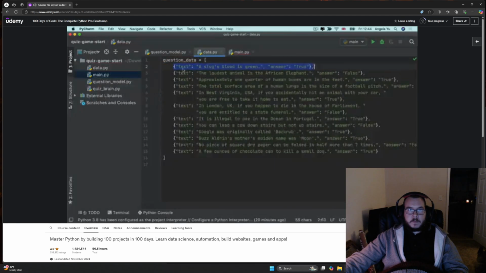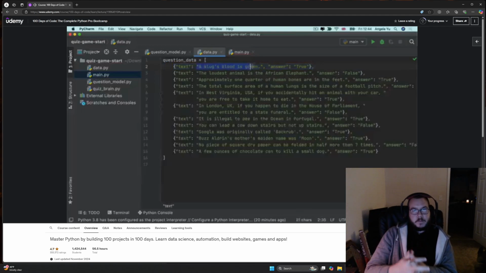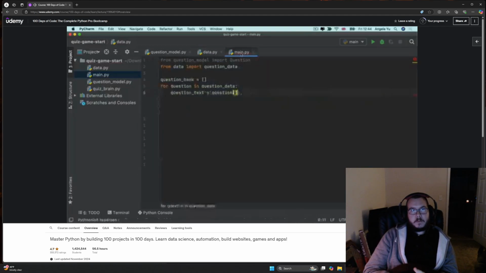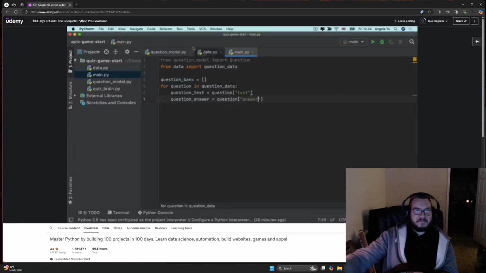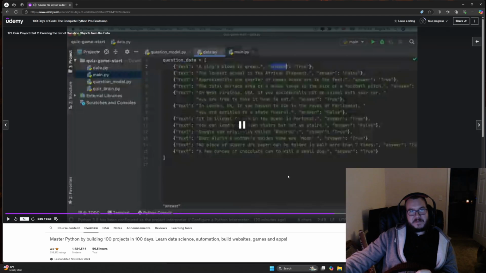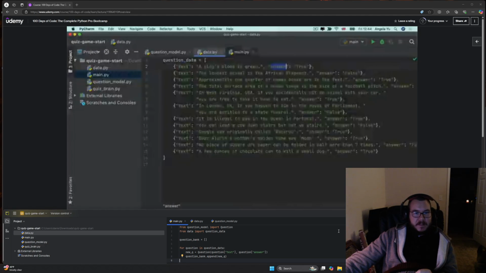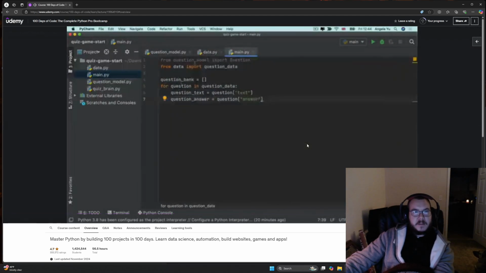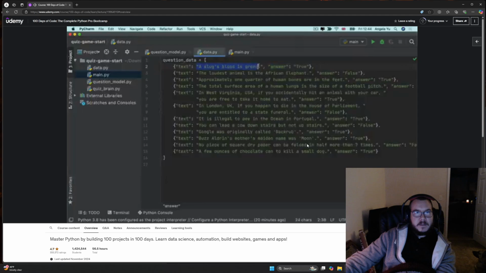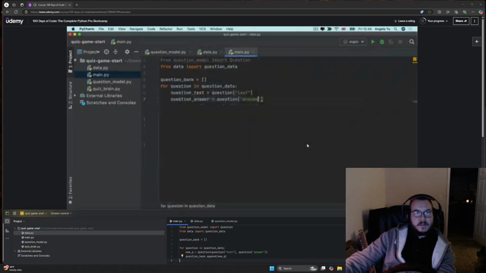And if we imagine we have one of these dictionaries and we want to get hold of the question text, then we'll need to tap into the text key. So I'm going to put text inside here, and I'm going to do the same thing for the answer. So this is going to be using the answer key that we see right here. So now if we're looping through the first one, we should have a slug's blood is green and true for